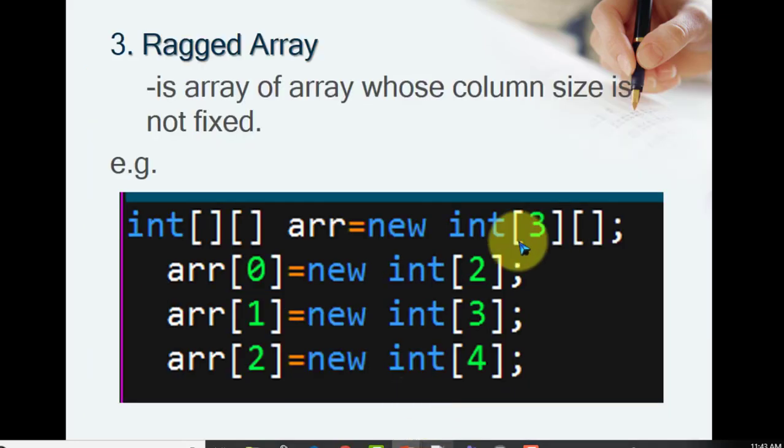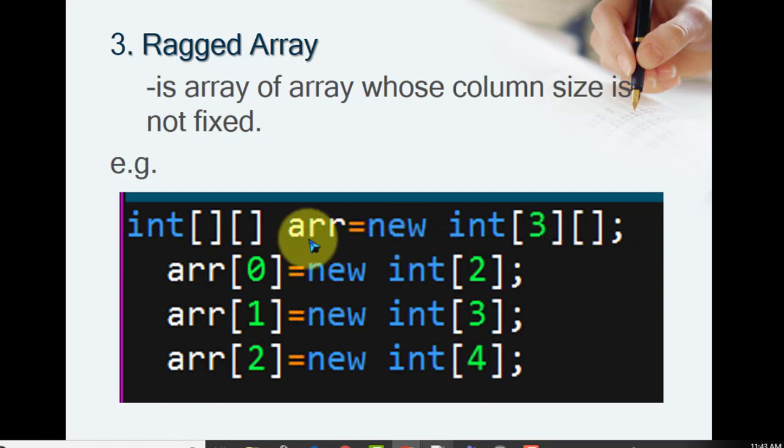But in this case, I am allocating 3 rows, but I am not allocating a size for each row. So where should I allocate? I can allocate the array at the 0th index with 2 numbers, for the first index 3 numbers, and for the second index 4 numbers.